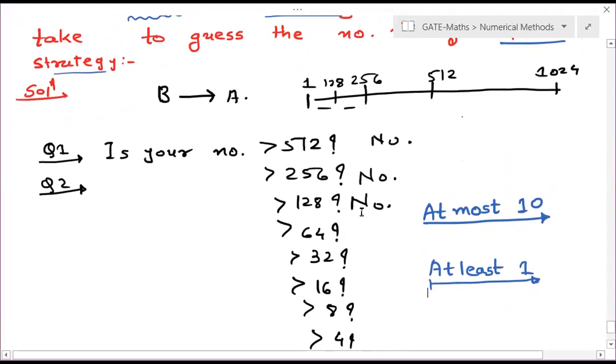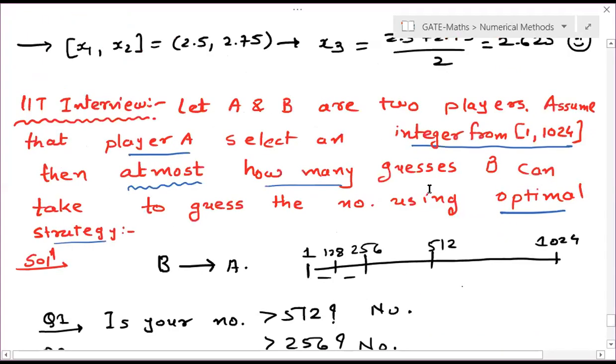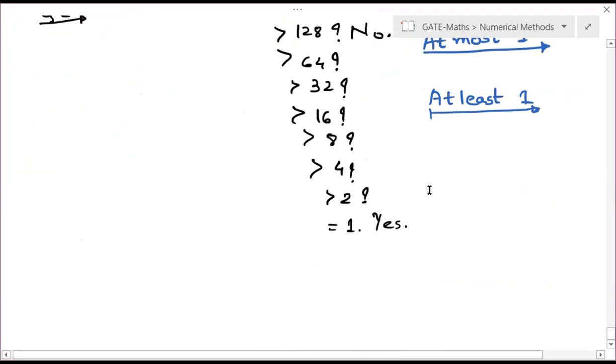Is it clear now? Yes, no, is everything clear or not? Okay. In each and every case, he will have two options. Both the options were the same, so I have just taken only one option. Is it clear now? Shall we move to the next question? Okay, great. Right. Now, from these methods, we are going to see only one question, because all the questions of these methods are repetitive. Okay. And there is one more thing for the bisection method. Let me give you that.